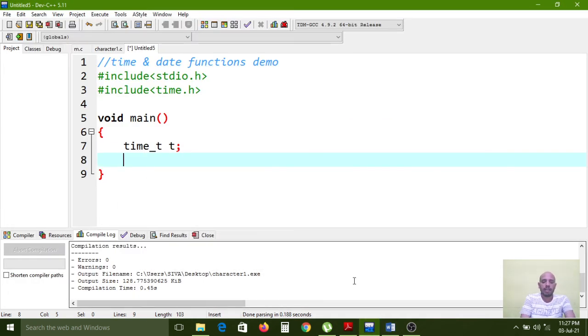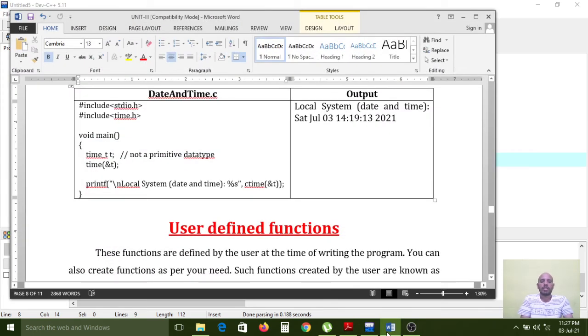And now I am calling one time function. Time and t is the function. Now I want to print the local time.